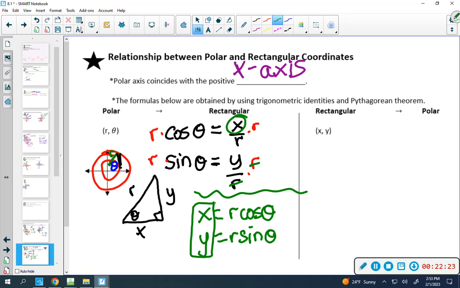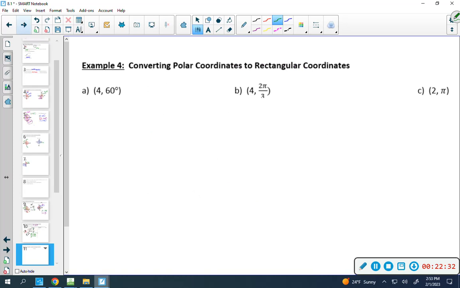Next up, I am gonna do rectangular to polar here in just a second. But let's go to this next example, and then I'm gonna back up the truck, because we're going to look at both directions. So convert the polar coordinates to rectangular. Okay, I love this, so super easy. To do the x coordinate,